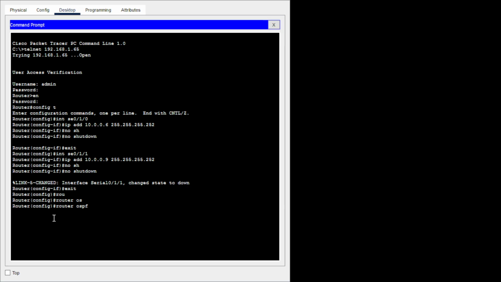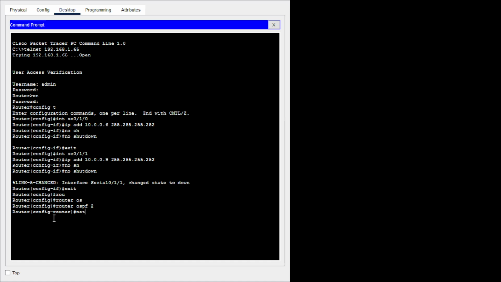For example, I have given process ID 1 in my first OSPF network, so I can give process ID 1 or any number like 2 or 3 in my next OSPF network, because the process ID is only an identifier local to the router. So I give process ID as 2